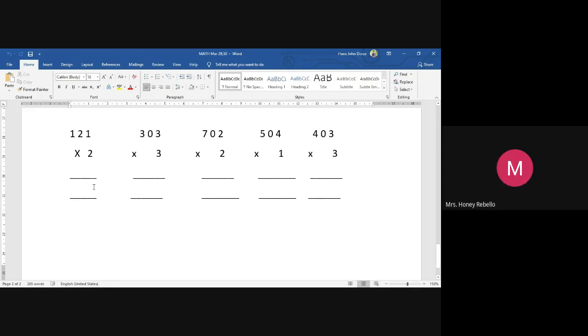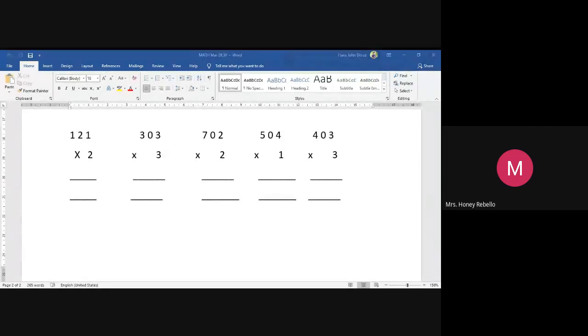Excuse me, children. No turning on your mic. I cannot come back to the screen and see who's turning on the mic. Please listen to ma'am. Only write the first sum. 1 2 is 2. 2 2's are 4. 1 2 is 2. Now let me see. Now, Sujin, show me that sum what you have done. In between, please don't talk, children. I'm very strict about it. The continuity of the class will go.